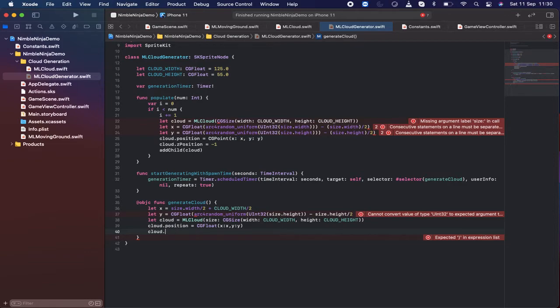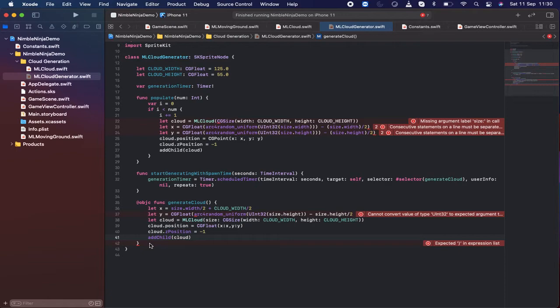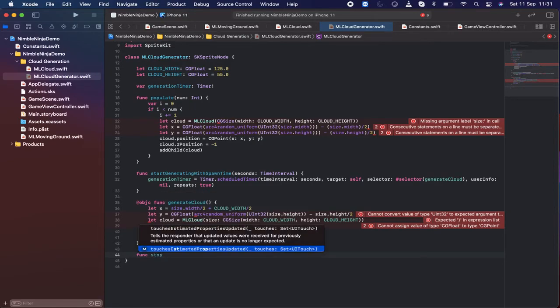Sorry, cloud dot position will be -1. And add child, I want to add this cloud. That's it. And I'm going to write one more thing, which is for the cloud stopping. So let's write one more function for stop generating, which means if I need to stop